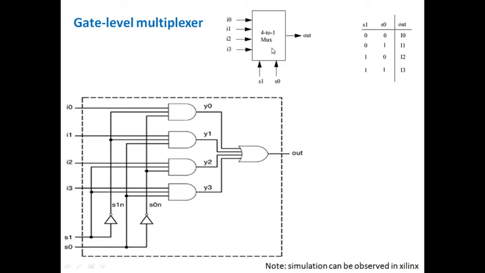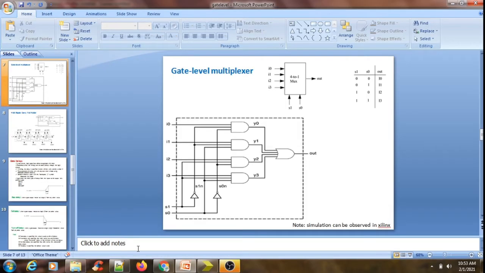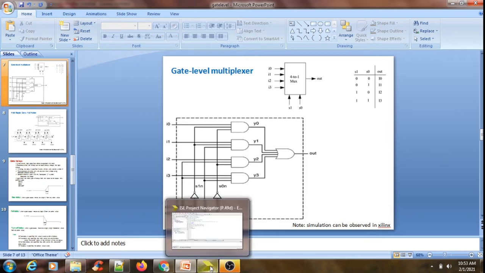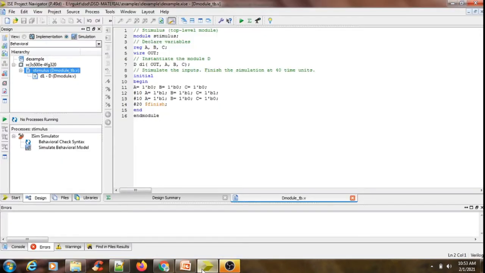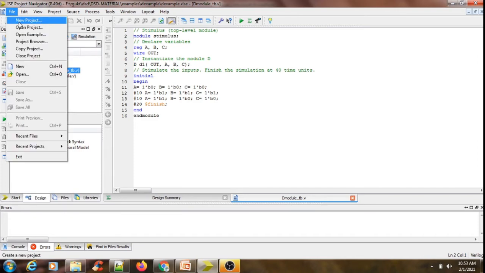The basic logical circuit diagram for this 4x1 multiplexer accommodates AND gates, one OR gate and 2 NOT gates. Of course, you know how a 4x1 multiplexer can be realized. So let us simulate this program in our Verilog, in our Xilinx tool.